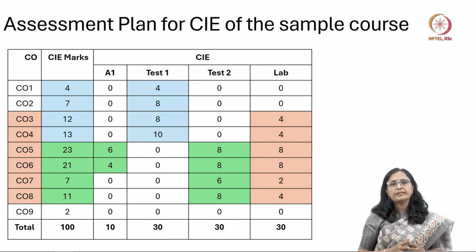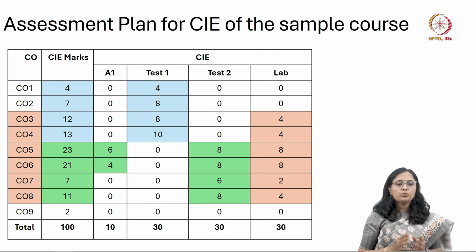So how do we conduct this assessment? Probably there can be a demo session, there can be an application session. Along with that, there can be an oral discussion with the student. There can be some marks allocated to their record books. In addition to that, as far as CO5 to CO8 is concerned, we are also assessing them through test 2. So CO5, CO6, CO7 and CO8 are also assessed through a class test, test 2. And the total marks allocated is again 30 marks.